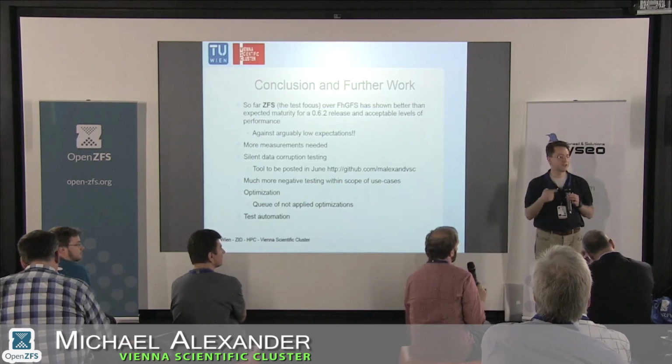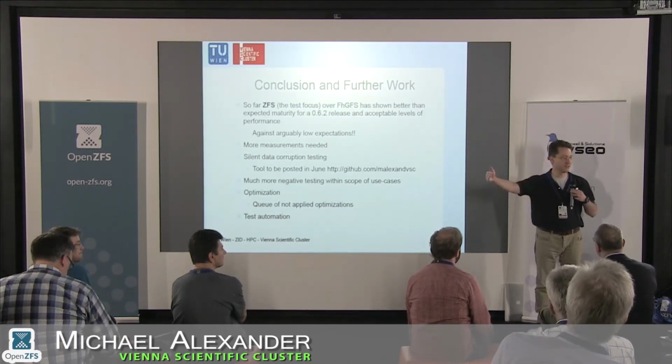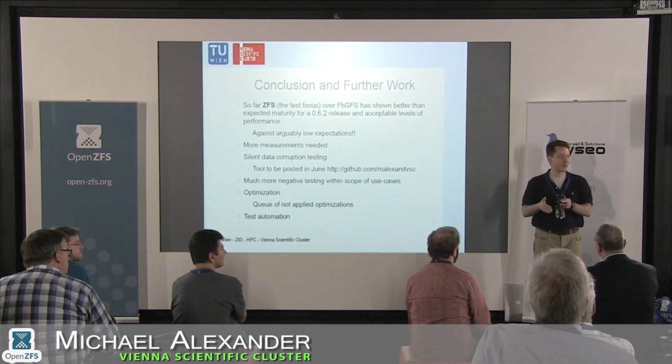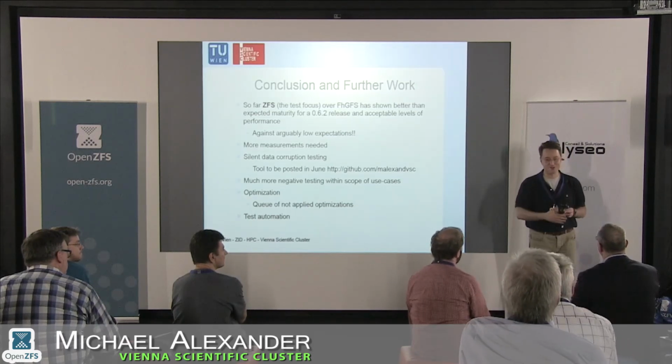Think of it also as a question of operationalizing things. We've got many disks, and we know we have procedures when a disk fails, and with ZFS, all this has to be established first. So this is how we went